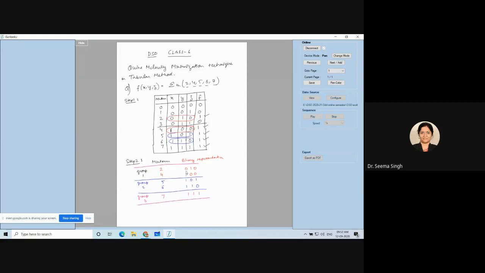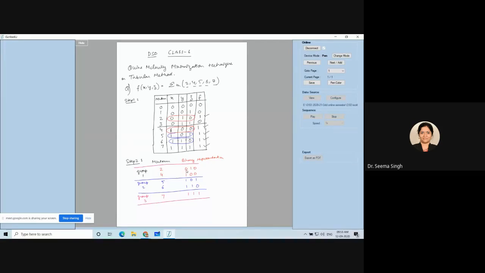Okay. Now I have to explain what pairing between group 1 and group 2 means. I have to start with 2: 2 to 5, 2 to 6, then 4 to 5, 4 to 6. Now let me see whether 2 to 5 is possible or not. I have to check one bit change only. One bit change means in the binary representation only one bit should change.